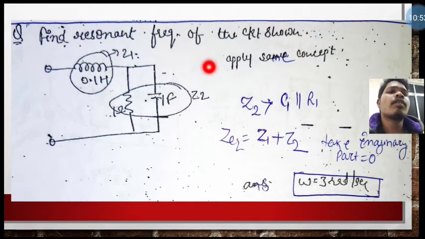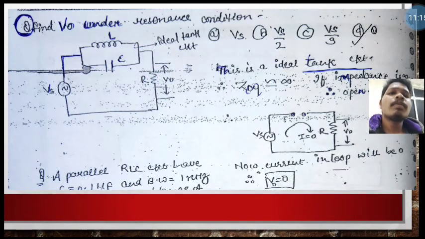I have not calculated all the parts of the equation because of the time issue. Okay, so it is your task to complete all those things, the derivation or whatever may be behind this part. You need to calculate all those things, then you will get omega equal to 3 radian per second. Now come to the another question.